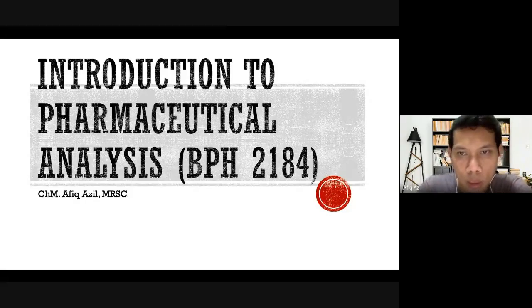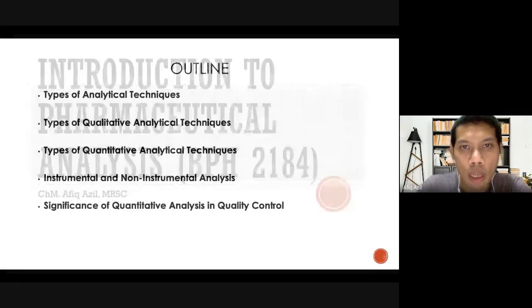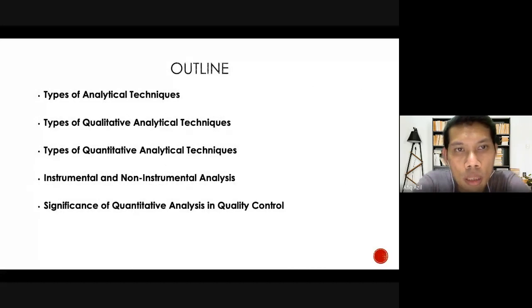The code is BPH 2184 and what will be covered in this unit is first we will see types of analytical techniques, and these are further divided into qualitative and also quantitative, and also instrumental and non-instrumental analysis, and lastly you will see significance of the quantitative analysis in QC, and also I've included